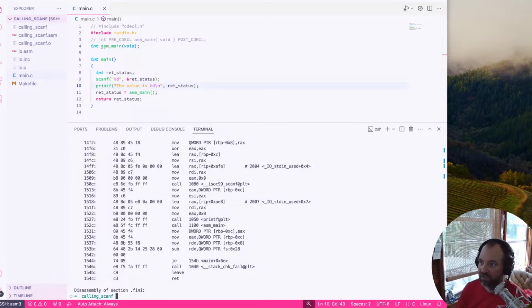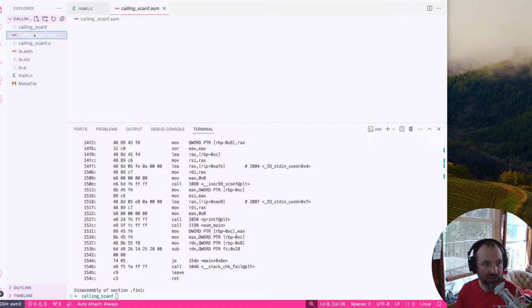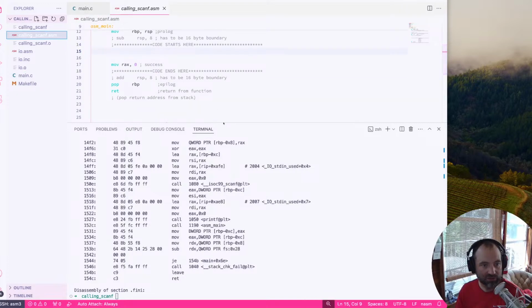So here we got scanf on the PLT being called. We can see that they zero out EAX, and then RDI and RSI are getting used, right? So RDI should be this one, RSI should be this one. So if we want to call this in our function,